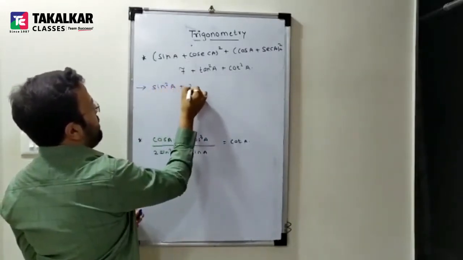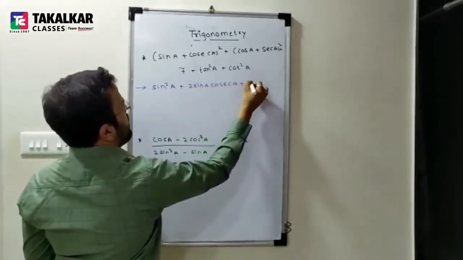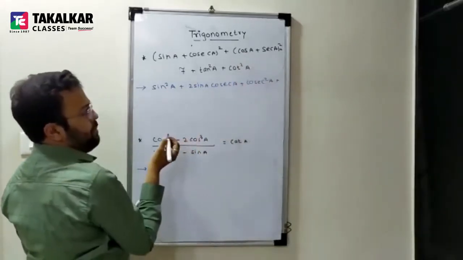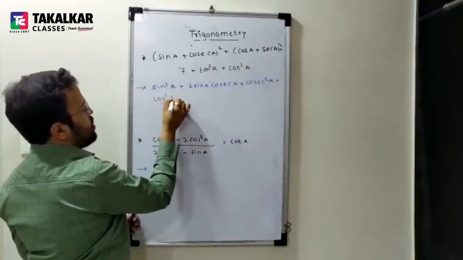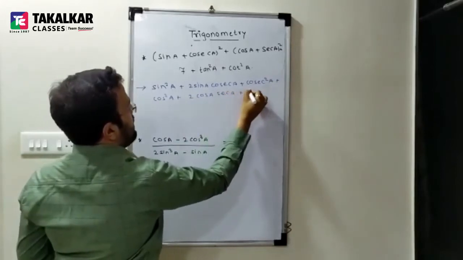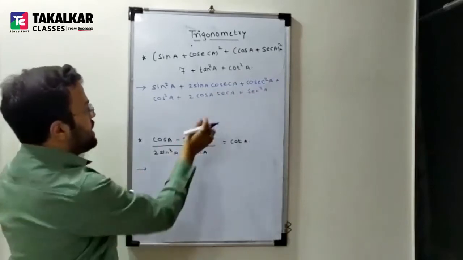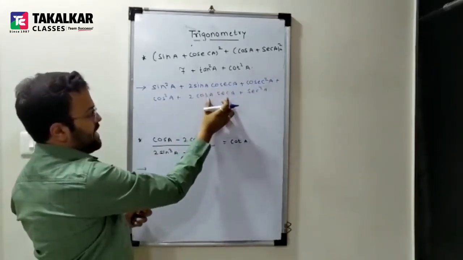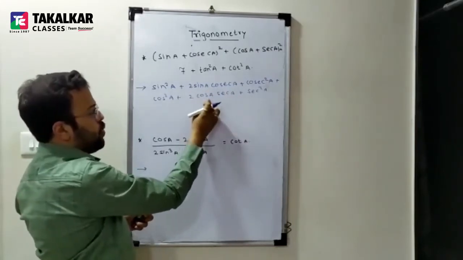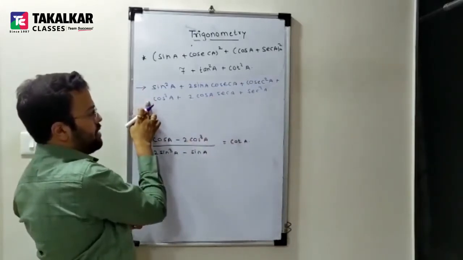Sin square a plus 2 sin a cosec a plus what? Cosec square a plus, now this again bracket in the form of a plus b whole bracket square. So this is cos square a plus 2 cos a sec a plus, what do we get? Sec square a. Any doubt? Now these are opposite pair, multiplication 1 होना जाएगा. Opposite pair, multiplication 1. So 2 ones are 2, 2 ones are 2. 2 plus 2 कितना होगा? 4. Sin square plus cos square 1. So ये कितना मिला मुझे?